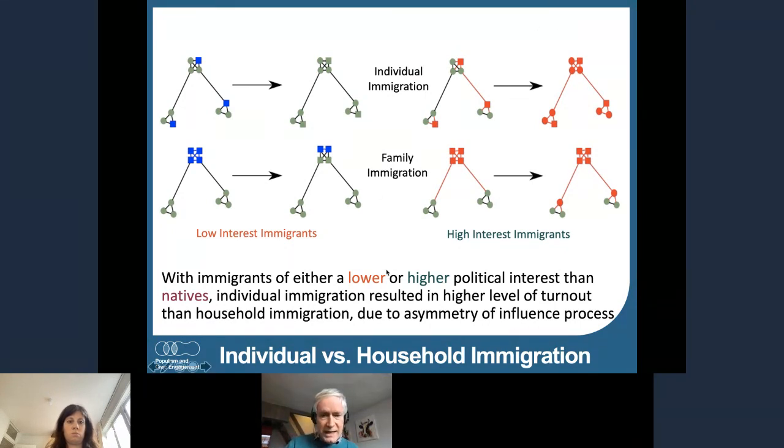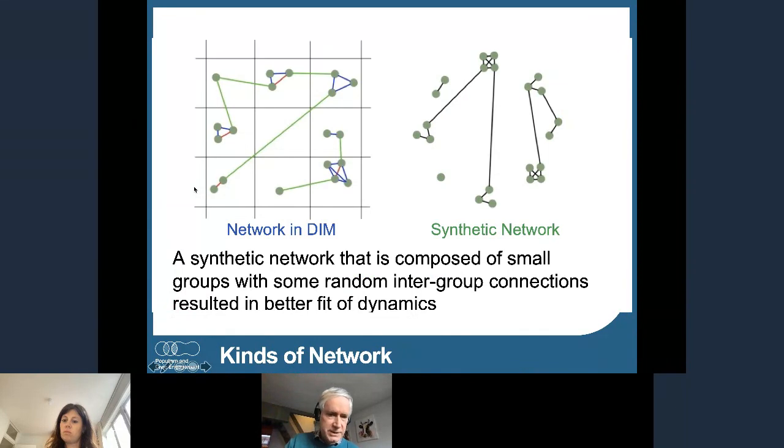But if you had individual immigration, it increased the level of turnout less than when you had whole households migrating. And the other fact that turned out was the social network in this model tends to be what's called a caveman network, where you have little groups, but with small connections between them. And that turned out to be important for the results. If you just have a random network, you didn't get the